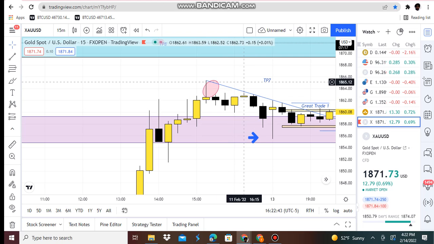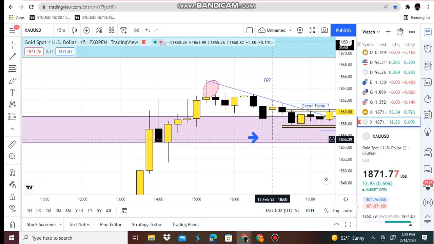And then we start seeing buyers lose momentum. As we stop seeing yellow candlesticks on February 11th, we start seeing black candlesticks pushing price back down. This is a clear indication that buyers are getting exhausted and sellers are starting to overpower buyers. Then, starting February the 13th, we see a candlestick being formed on a 15-minute, and it